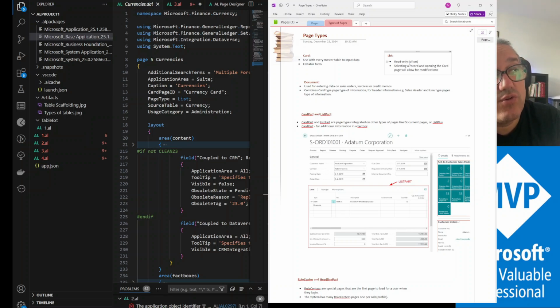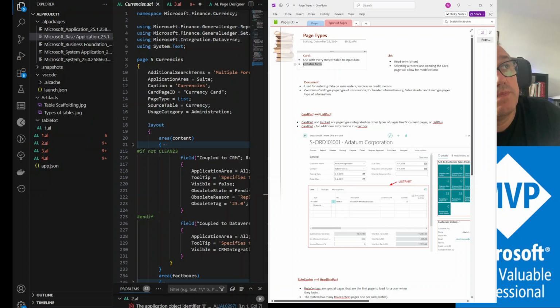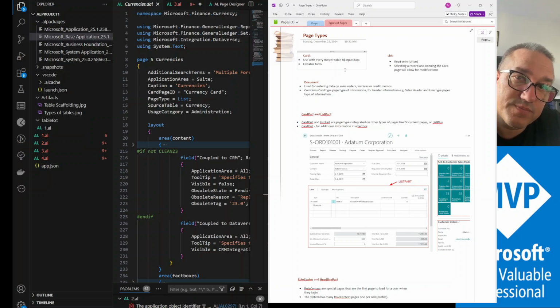And cards are for editing. It's an editable form. So many times I received questions of how can I open the customer card in view mode. I understand the reason. Sometimes people want to